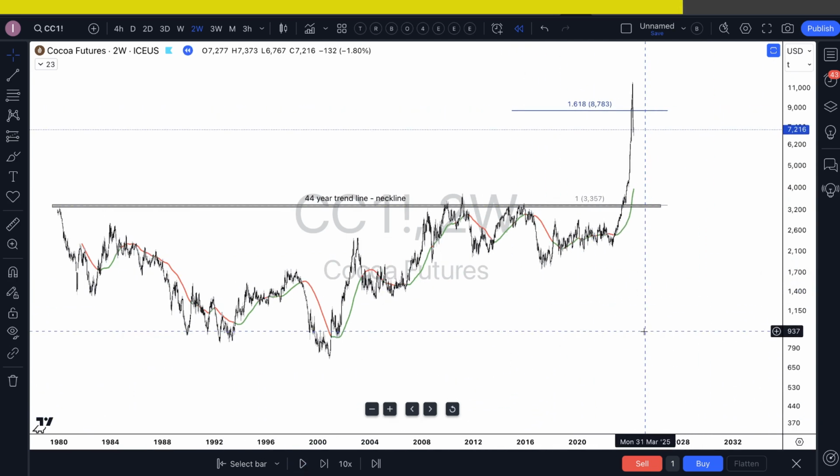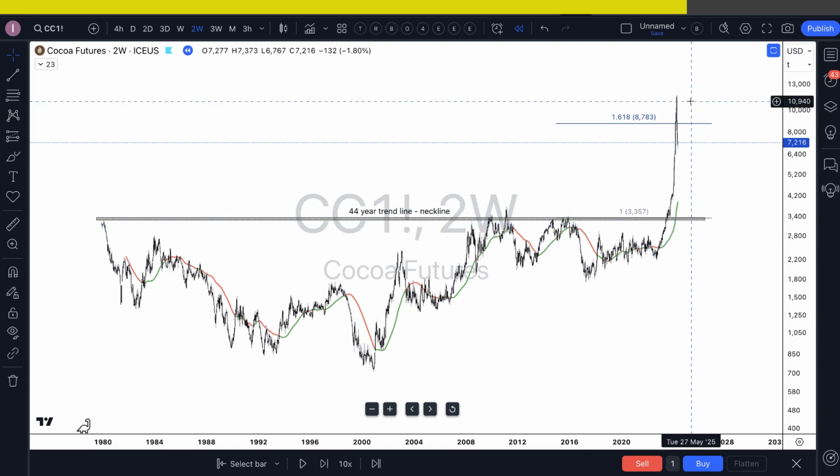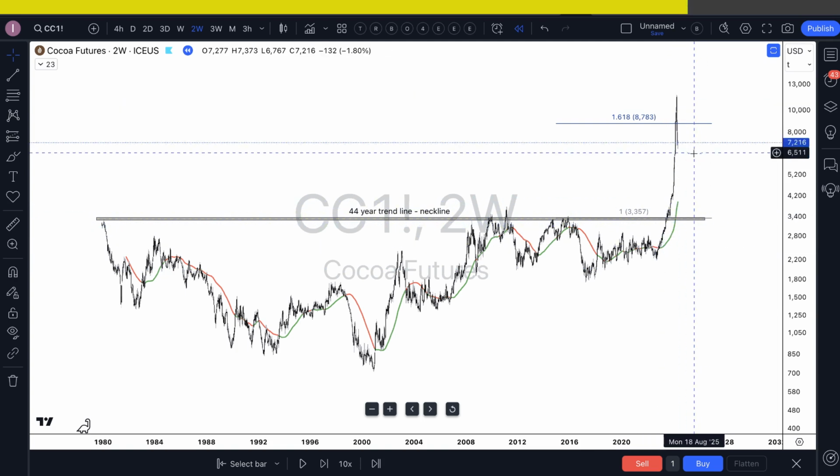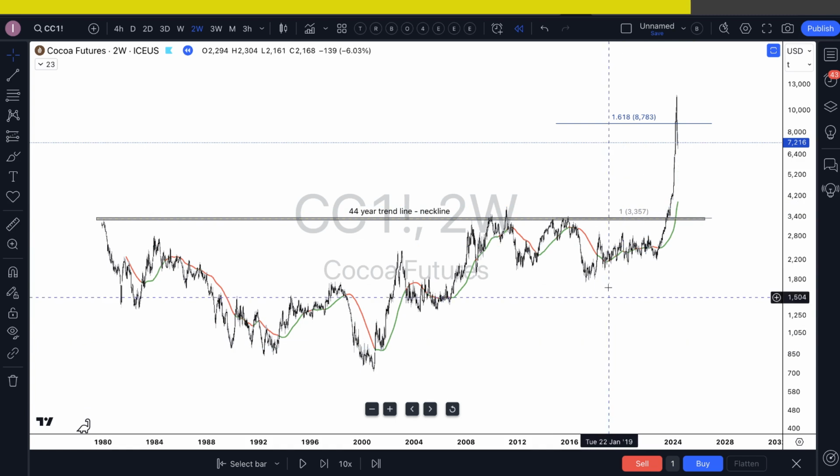But this is what I wanted to share with you. It doesn't happen every time, but it definitely does happen. But this is a classic example. It's just beautiful. And we'll talk more about where do we sell, what does that look like, et cetera, versus just relying on this 50 SMA. But anyways, cocoa, love that one. Let's take a look at